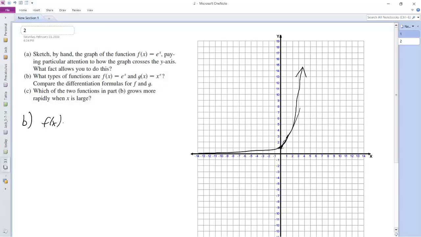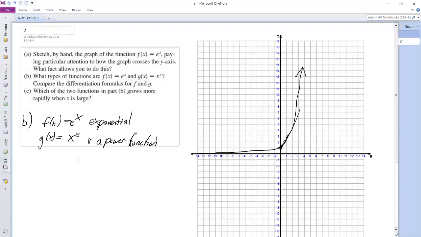F of x equals e raised to the x is an exponential function, because every value of x that you move over, it increases. x increases as the exponent, not e. E is your base. And then g of x is equal to x raised to the e as a power function. And the reason for that is your exponent stays constant, but your x increases. Okay, so now